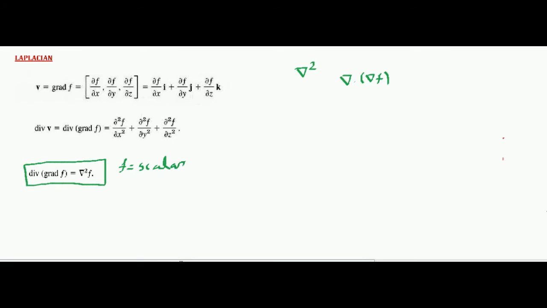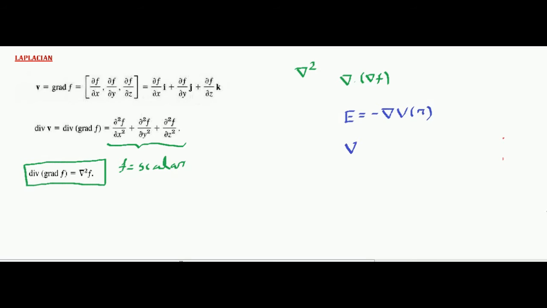Now here I have represented Laplacian in Cartesian coordinate. However, you can have Laplacian even in spherical coordinate system. Let us look at a physical example of Laplacian. So what is electric field? You know that electric field is given by the minus of gradient of a scalar field, that is potential, and this scalar function depends only on r.